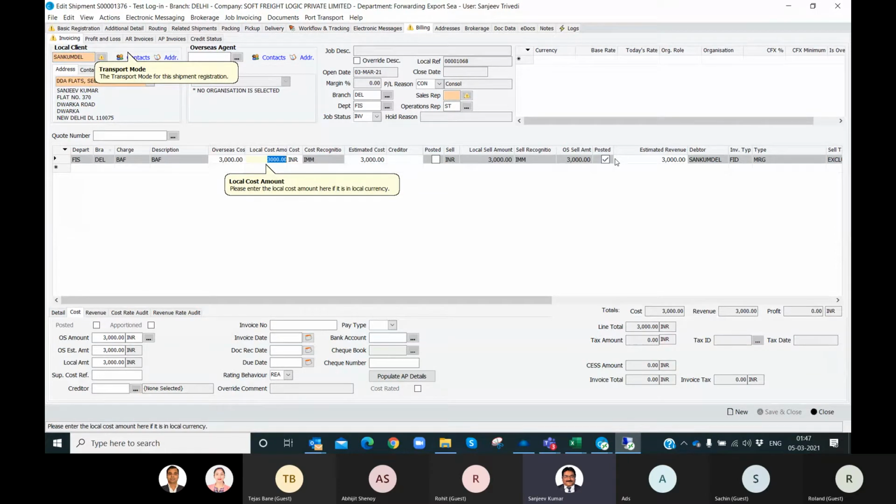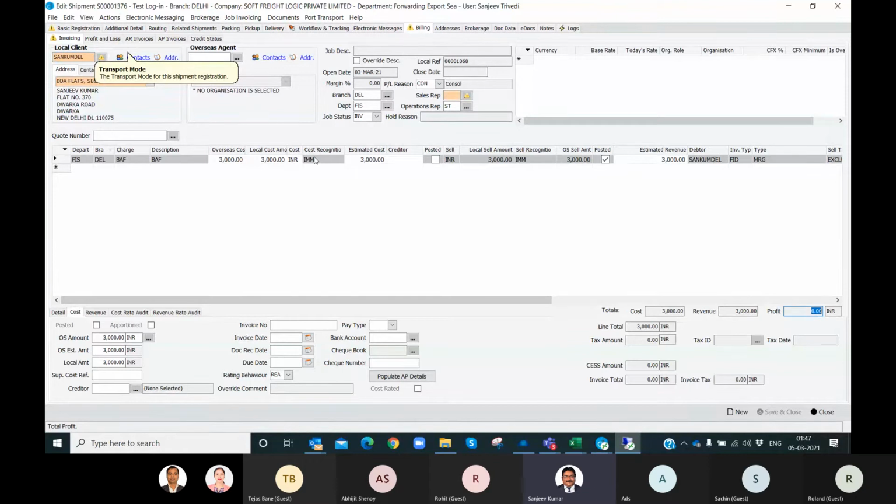So based on these entries, the job profit is zero right now, because revenue is posted and the cost part estimate was done, and the amount is the same. That's why the profitability is zero.